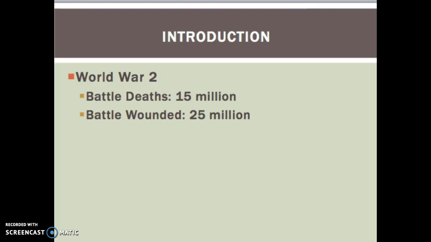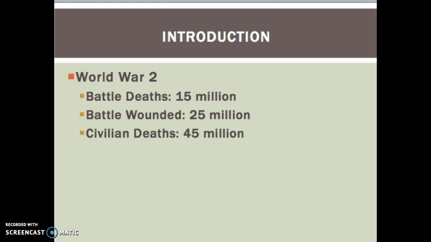These are the death tolls from World War II in Europe. Now, if you look at those numbers, they seem roughly on par with World War I. Remember, in World War I, there were about 20 million battlefield deaths, and about 21 million more people were wounded in the conflict. Here, in World War II, you've got battle deaths in Europe of about 15 million, and those wounded about 25 million. They're appallingly high numbers, but at the same time, they are about the same as what we saw in World War I.